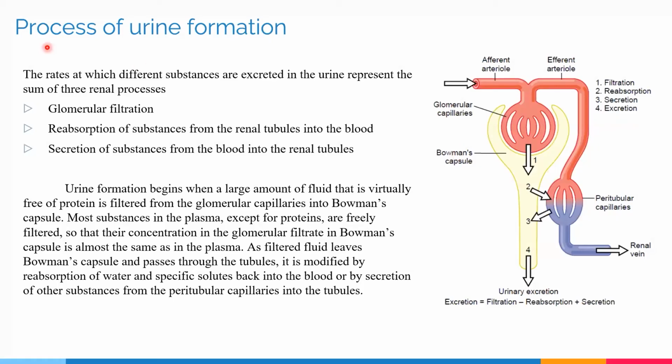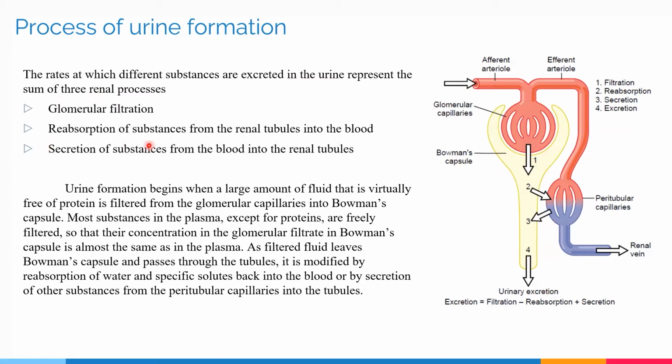Now we'll look closely into the process of urine formation. The rate at which different substances are excreted in the urine represents the sum of three renal processes. The first is glomerular filtration. The rate of filtration at which the different substances present in blood, which comes via the afferent arteriole, are filtered through the glomerulus,